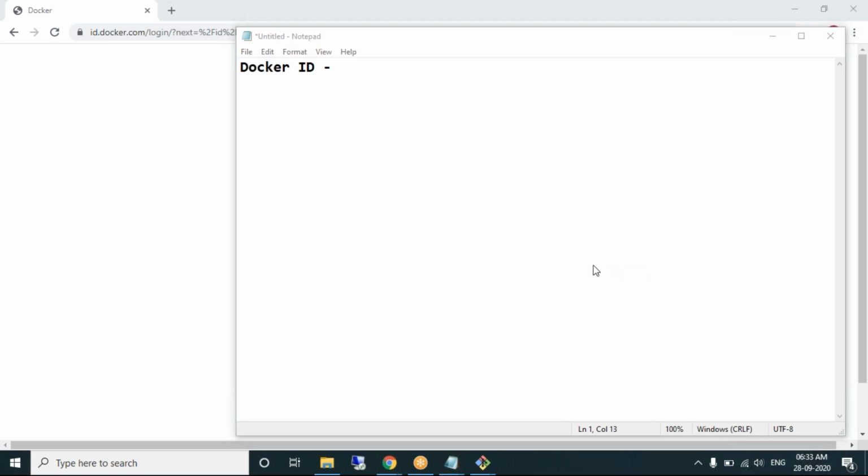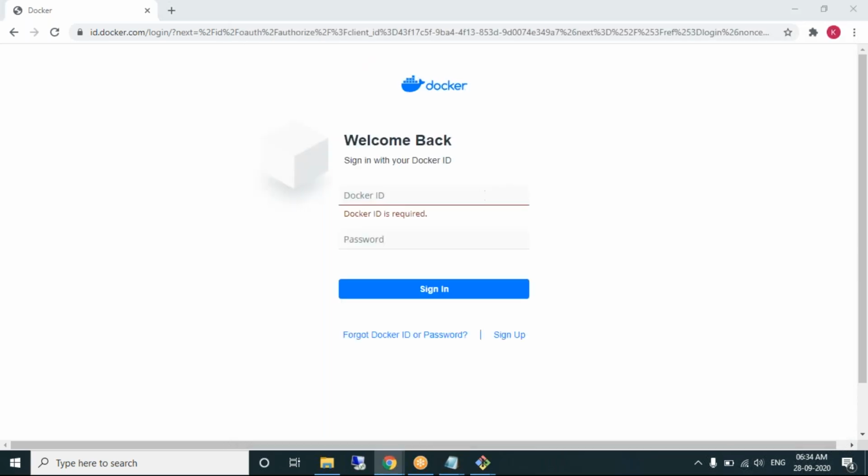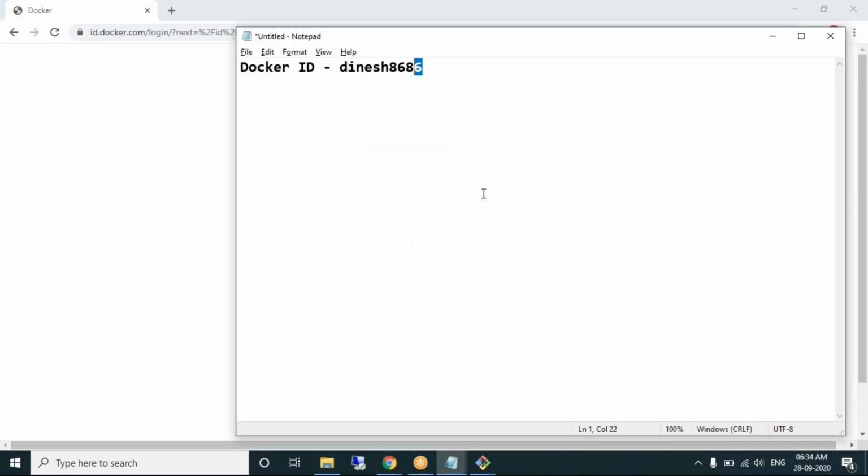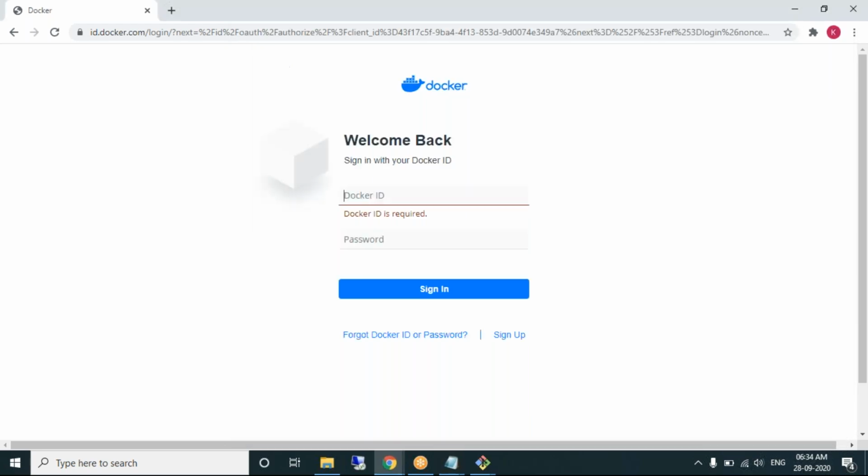Your Docker ID is this one, am I right? Small d. Dinesh, have you activated? Yeah, I have verified my email. Okay, so I'm logging in.